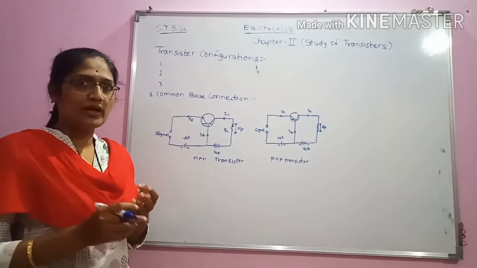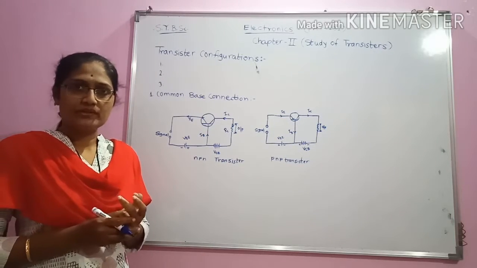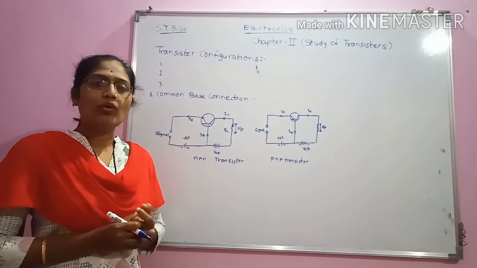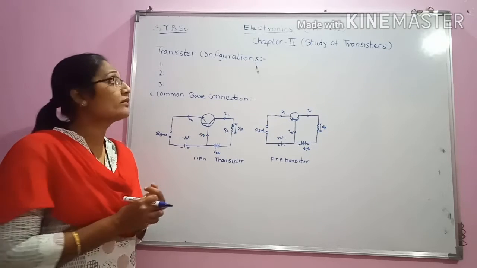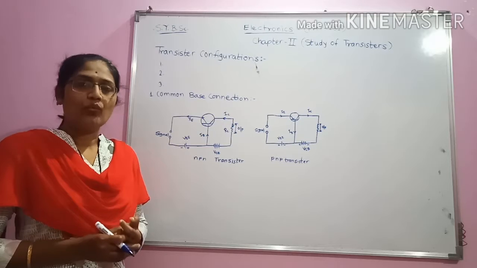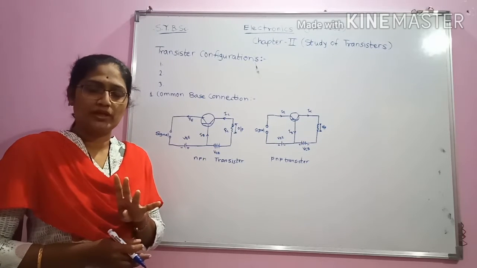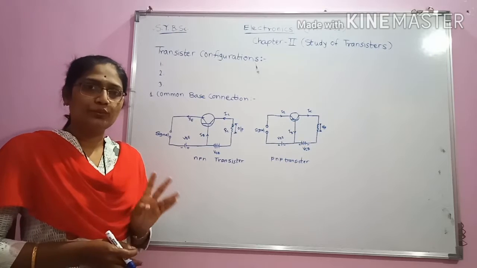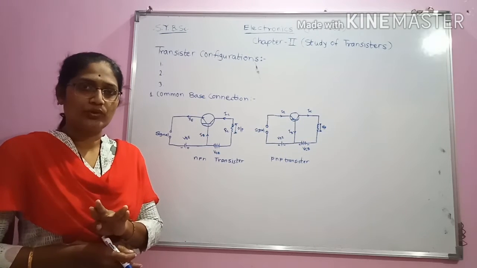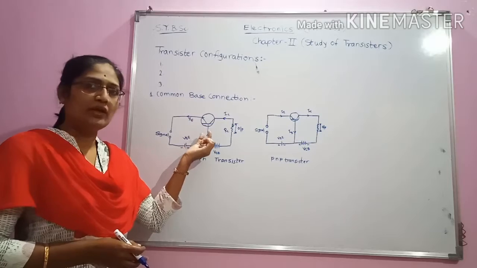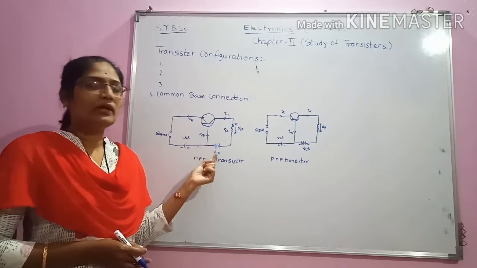It means that we are having emitter, base and collector, but in order to connect this transistor in a circuit we will require two input connections and two output connections. In order to get two input connections and two output connections, out of these three we have to make one of the